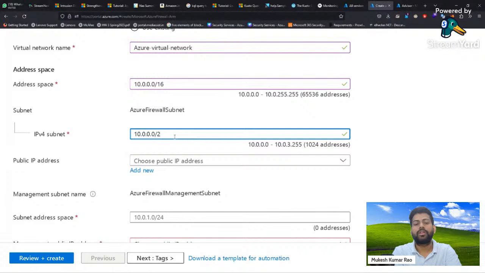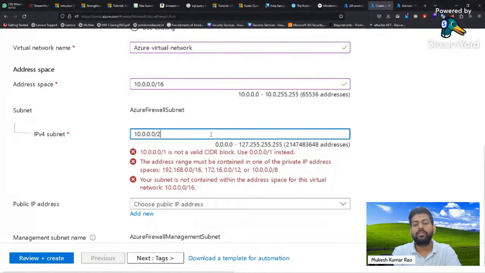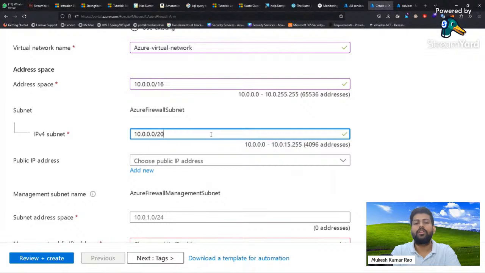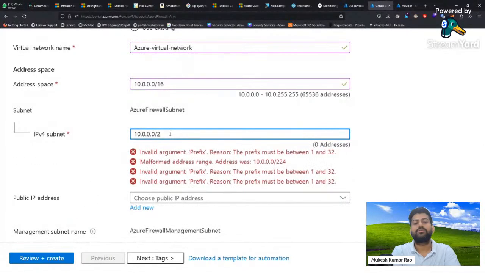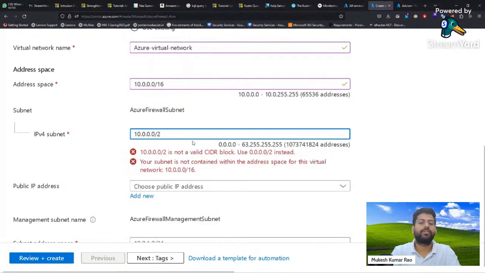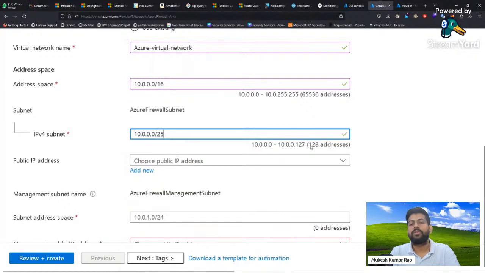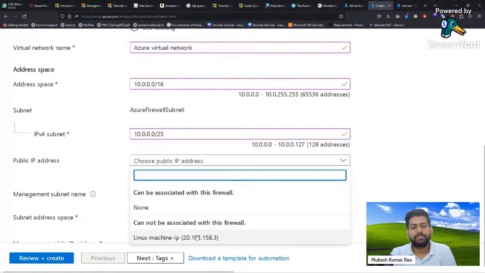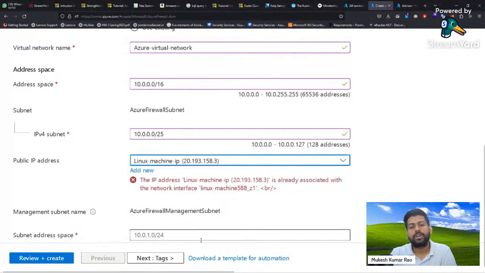If you go with 16, it will give only one subnet part. Maybe you can create more depending on your network infrastructure. So like now /20, we will get around this much host address in that resource. So right now we don't require that much, so we'll go with the default 24, or even you can go with 25 also. That's the part. So you will get 128 hosts that you can connect. Then we can connect with this firewall IP. I think this is not connected, already assigned.